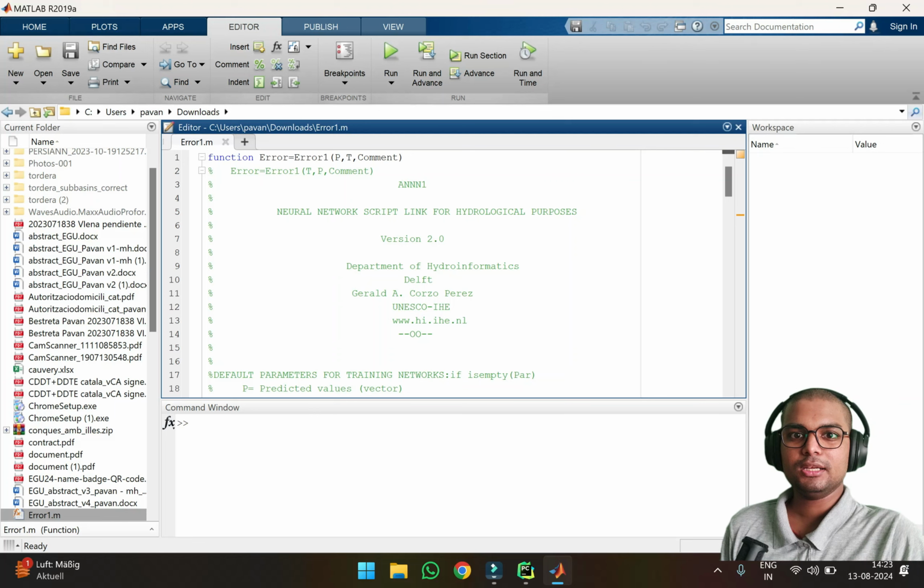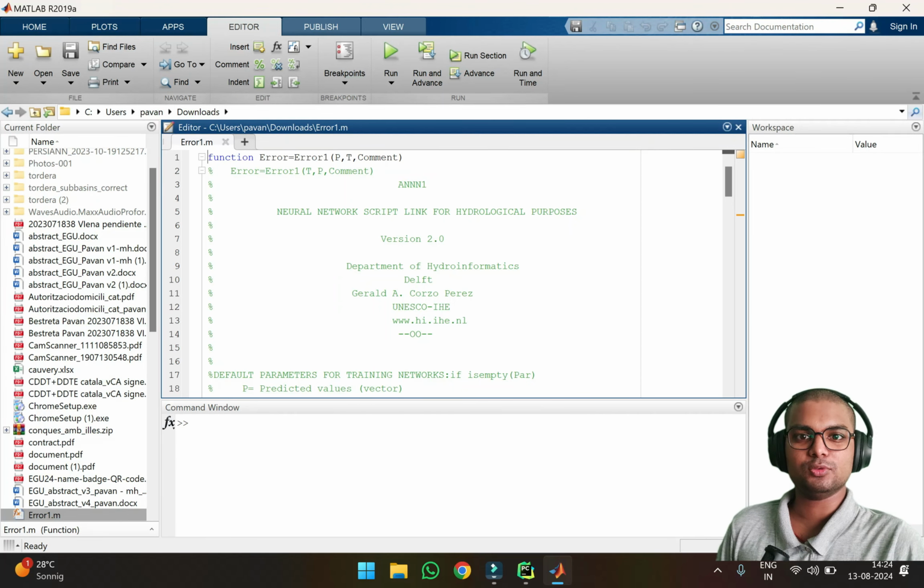and later in the coming videos we will develop our neural network models in Python and compare its results with the Matlab ones. If you see on the screen here, you can see the code which we used to determine various performance metrics while we were developing our neural network models in Matlab. If you have not yet seen those neural network models, you can have a look in the description below. This code was previously developed by IHE Delft, which we used in our Matlab codes to determine our performance metrics. Now we are switching this to Python so that we can develop our codes using Python as well and